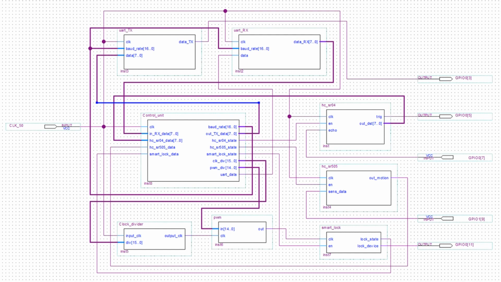For the HC-SR04 rangefinder sensors, a module has been developed that implements the following actions. First, a high signal level is applied to the trig contact of the sensor for 10 microseconds to generate an ultrasonic wave. Then it waits until a high signal level appears on the echo pin of the sensor, and the time is counted until the signal goes low. Further, to translate the obtained value into the distance to the obstacle in centimeters, the obtained value is multiplied by a coefficient of